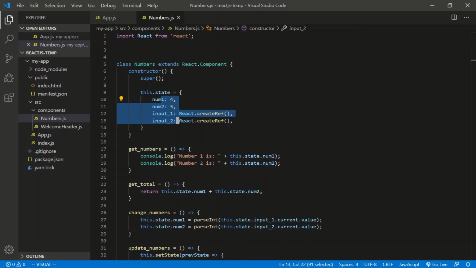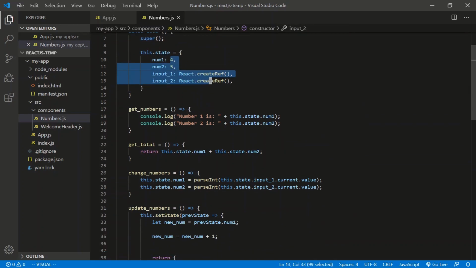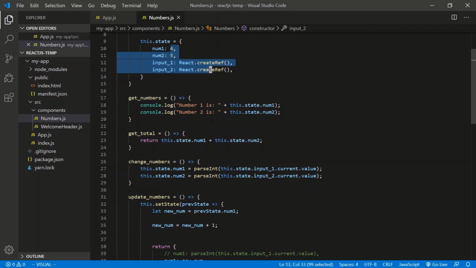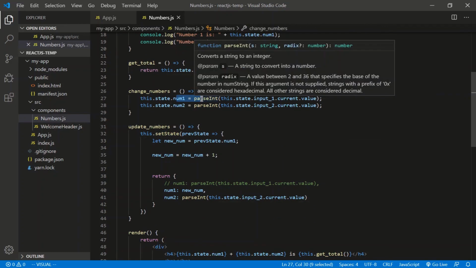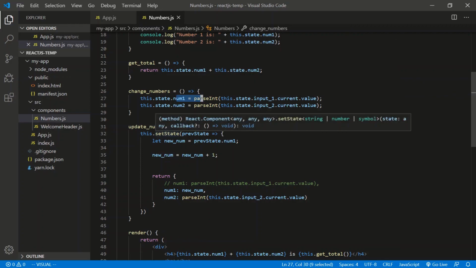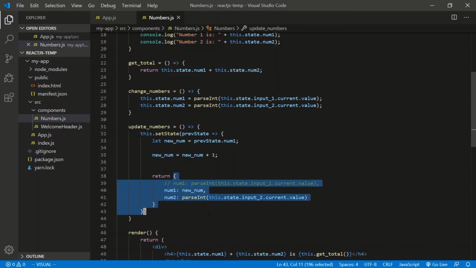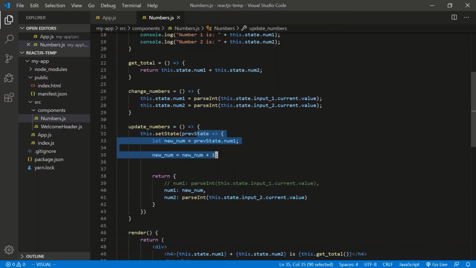So hopefully that wasn't too confusing. The main takeaways of this video, just understand that classes can handle state. We initialize default state in the constructor with something called this.state. I think it has to be called this.state. So we initialize default values. And if you ever want to change the state of the components, you have to use this.setState. You can't just equivocate or update the values directly like this. You have to use a function called this.setState. You can either return an object directly, or you can use the previous state beforehand using an arrow function and